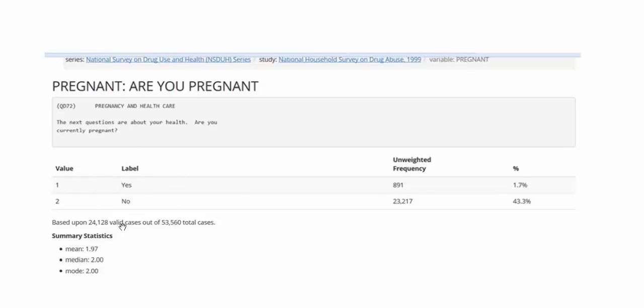The summary statistic that you'd want to calculate for a nominal level variable is simply the frequency distribution, which we can see here. That would be the appropriate way to describe this data. It certainly would be wholeheartedly laughable to calculate a mean on a nominal level variable. Very, very interesting.